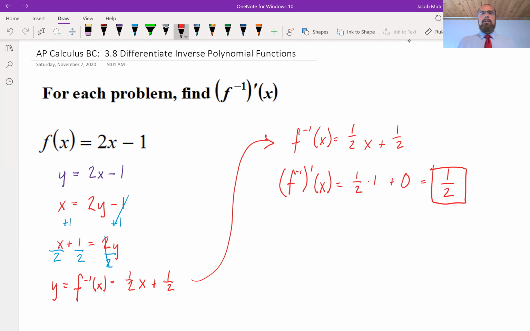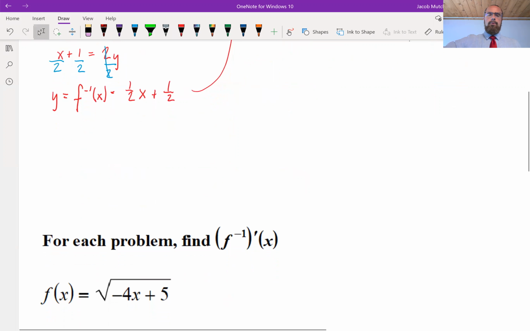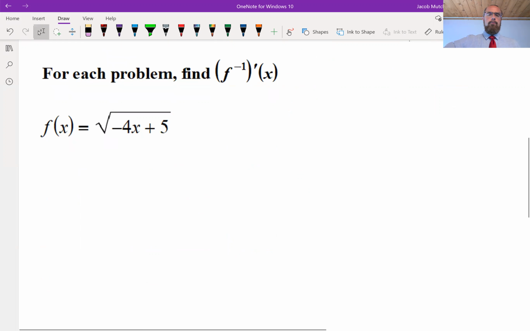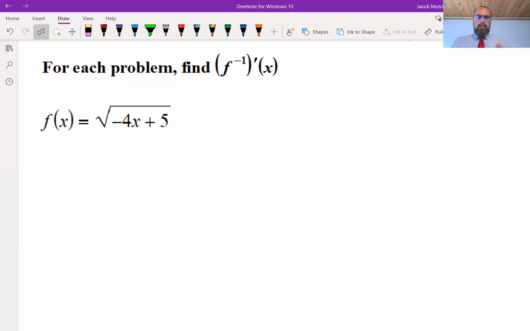So that was a simple example of writing the derivative of the inverse of a linear function. Let's take a look at an example involving a square root or a radical. So again, I've got a function f of x equals square root of negative 4x plus 5, which can be converted over to its inverse pretty easily. So again, we're going to take those same steps. I'll start off by calling f of x y